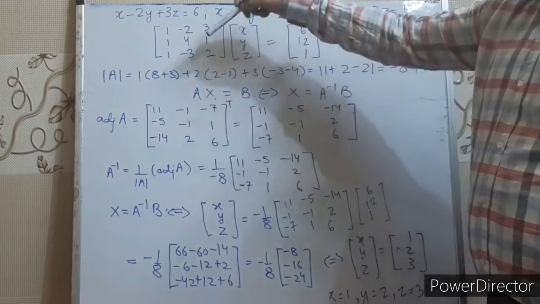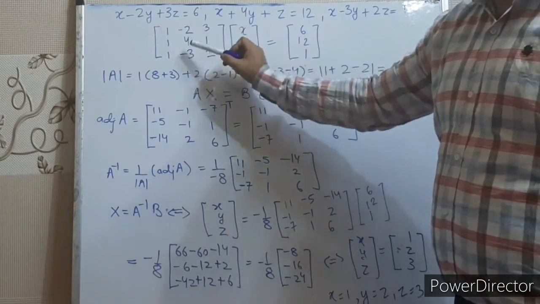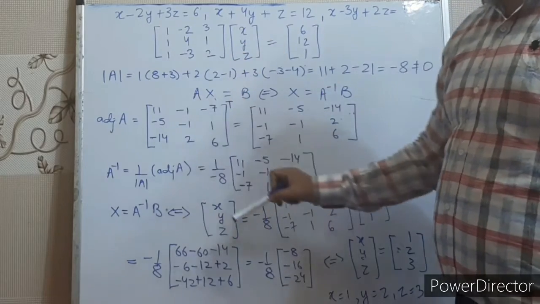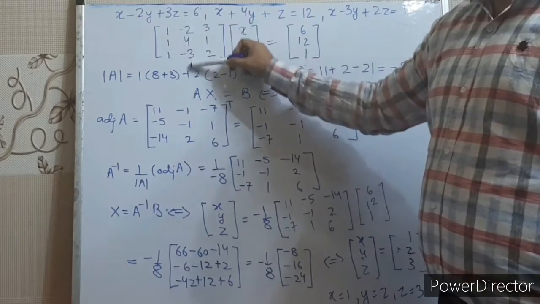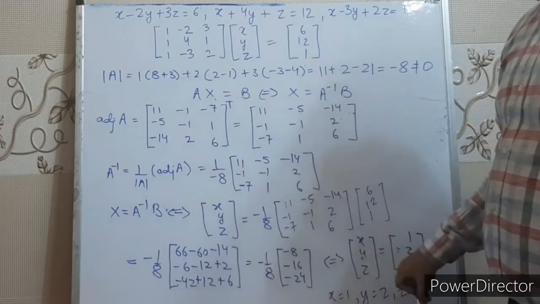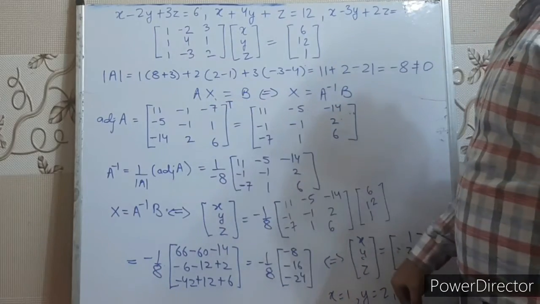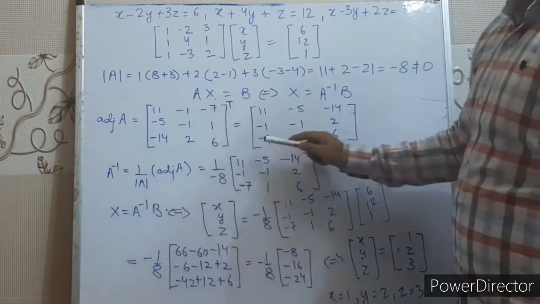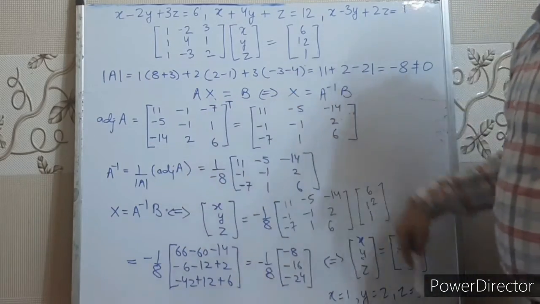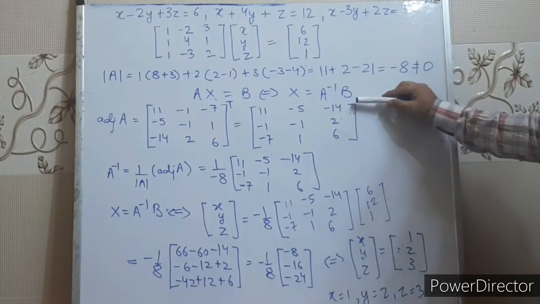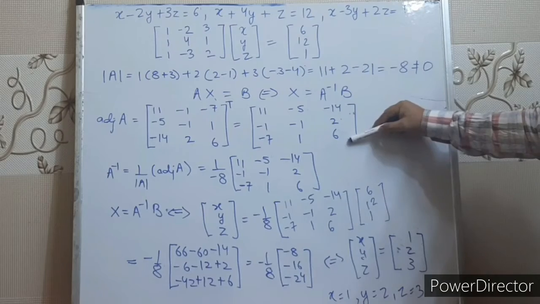So when we calculate the cofactors of the first row, first column, this row and this column will get cancelled, 8 plus 3, it will be 11. For this row, this column, this row and this column will get cancelled, 2 minus 1 will be 1, and this position has a minus sign, so it will be minus 1. So we can calculate the cofactors, and when we do the transpose of this matrix, the rows and columns will get interchanged. First row will become first column, second row will become second column, and third row will become third column. So this is the value of adjoint of A.